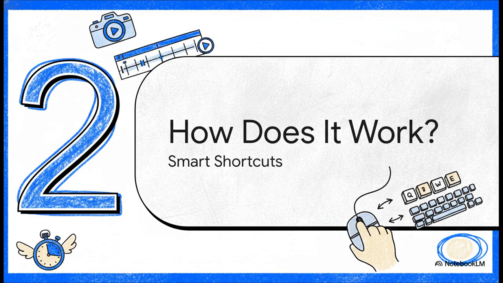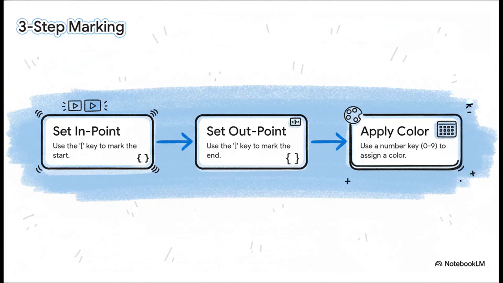Okay, so we know what it is, but how does it get to be so fast? Well, the secret sauce is this really intense focus on doing everything with your keyboard. It's all about those smart shortcuts. The main marking process is just unbelievably simple. You find a moment you want to keep, you hit the left bracket key to mark the start, you hit the right bracket to mark the end, and then you tap a number key from 0 to 9 to give it a color. Boom. That's an entire clip selected and categorized in like a second,